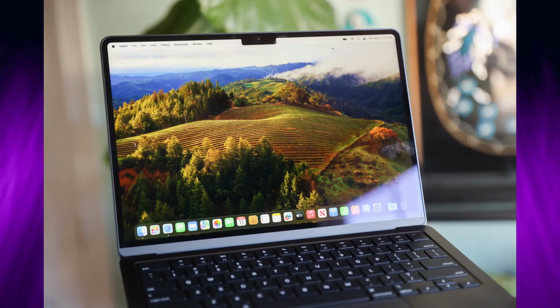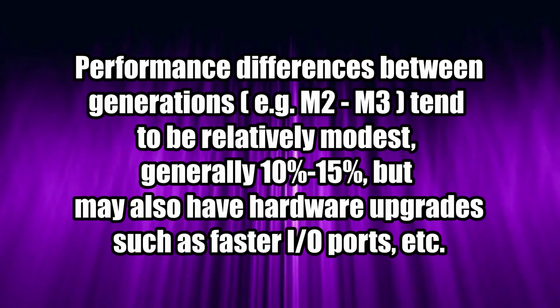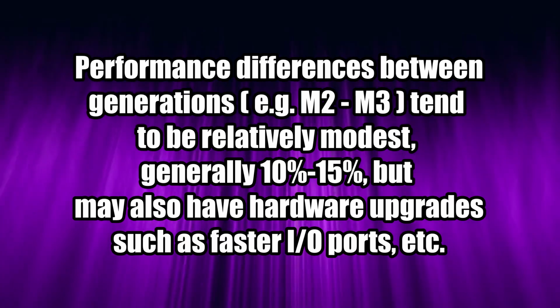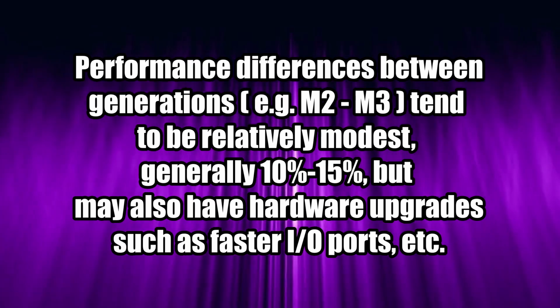The Lenovo was an open box purchase, just so you know. More recently, I got a really good deal on a refurbished M3 MacBook Air, also with 16 gigs of RAM, and I sold the M1. While the M3 is noticeably faster, the M1 was already pretty fast, so it's not a huge leap. The M3 does have a better webcam and a few other hardware improvements, but the MacBook Air line has remained